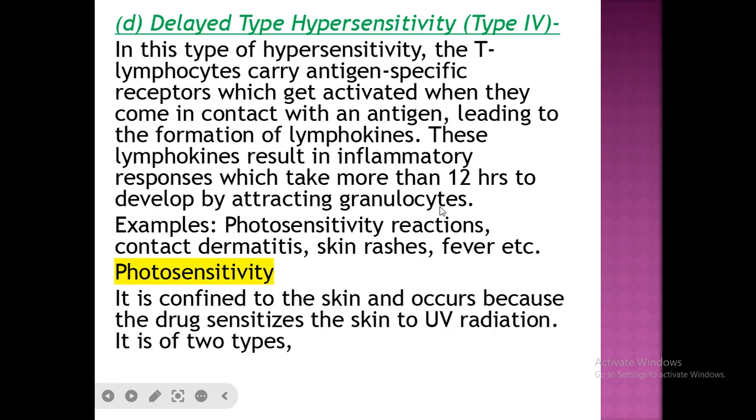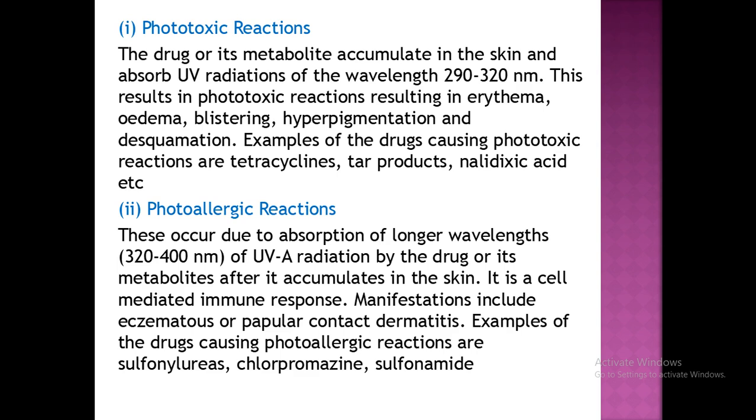So, we will see what is photosensitivity. It is confined to the skin and occurs because the drug sensitizes the skin to UV radiation. It is of two types: phototoxic reactions and photoallergic reactions. In phototoxic reactions, the drug or its metabolite accumulates in the skin and absorbs UV radiations of the wavelength 290 to 320 nanometers. This results in phototoxic reactions